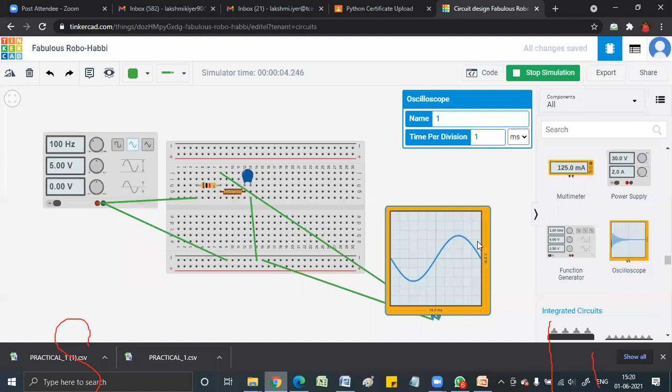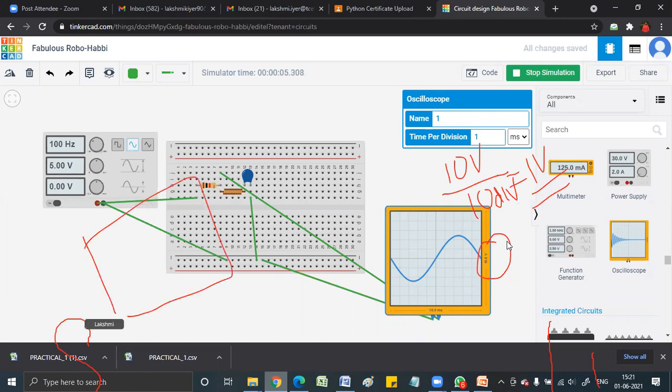See, for this simulation over here, it is reading 10 volts. So you know that it is 10 volts, right, divided by 10. So it is 1 volt per division, right? It is 10 volt divided by 10 division. But अगर मेरा टिंकरकैड का स्क्रीन यहाँ पर 40 रीड कर रहा है, तो कैन यू टेल मी एक ब्लॉक का हाइट कितना होगा?